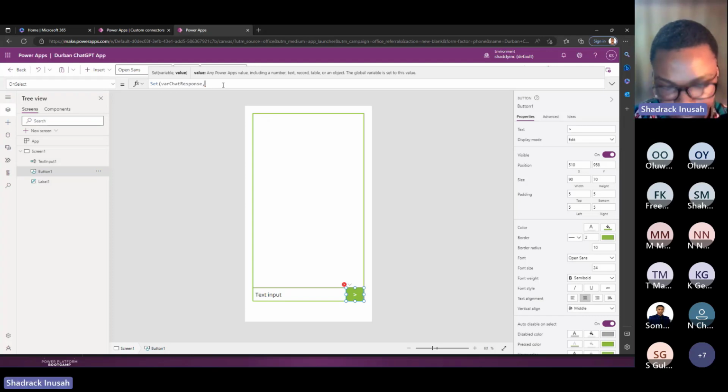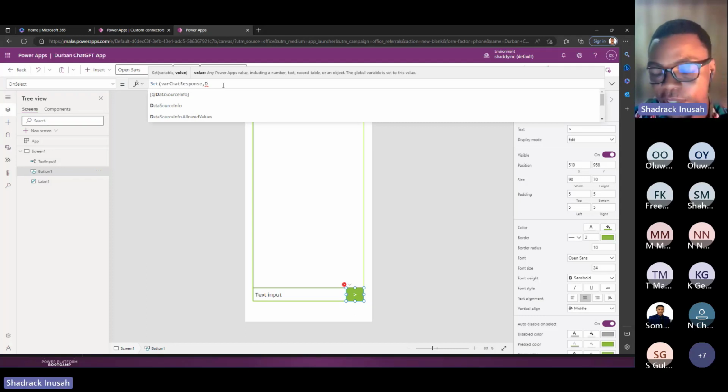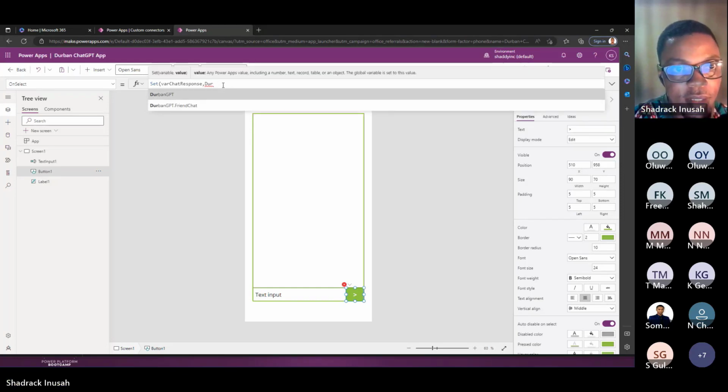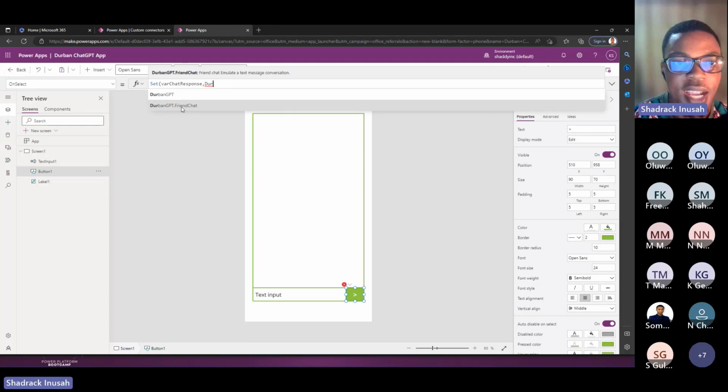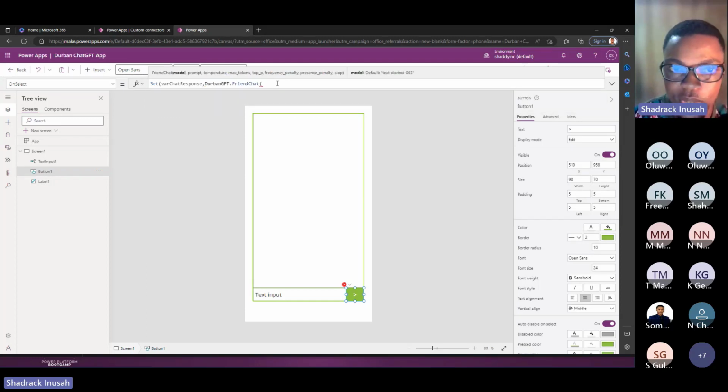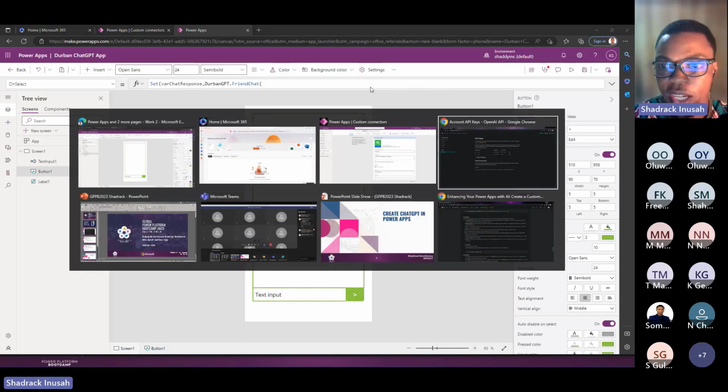Now I need to call my Debian, what's the name? Data source, right? Okay, so to do that, we just type Debian. As I told you earlier, you can add different APIs to it, not only the frame chat. You can see the Debian connector that we created has this frame chat. The more you add, at the action you can add all of them there. So this is the particular one we need. You realize the first question being asked is the model, and the model is here, text DaVinci 003, just the same way we have here.